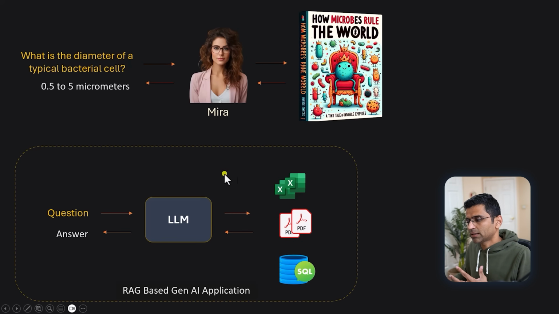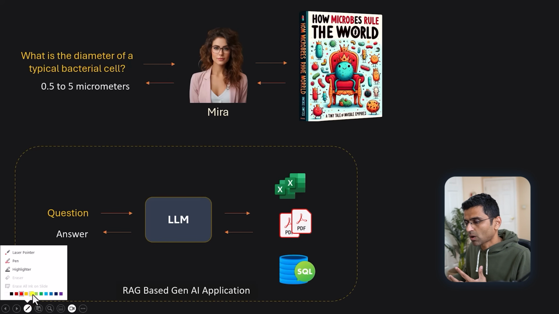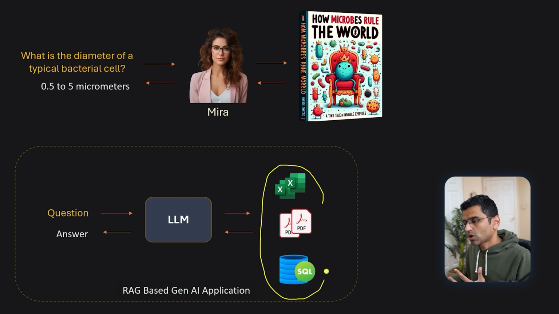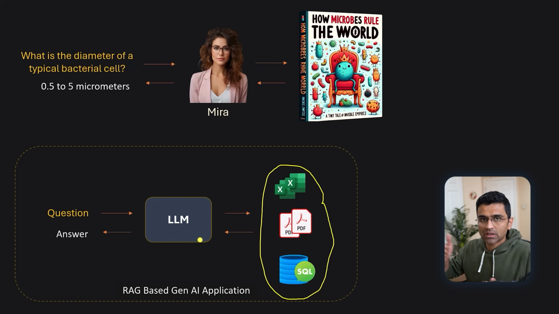This could be either your private internal organizational data, or it could be a public data. The idea is you want LLM to pull the answer from this particular data sources, and LLM can do that using this concept called RAG. Okay, we will go over technical understanding of RAG when we do our end-to-end project later on in this video, but let's first